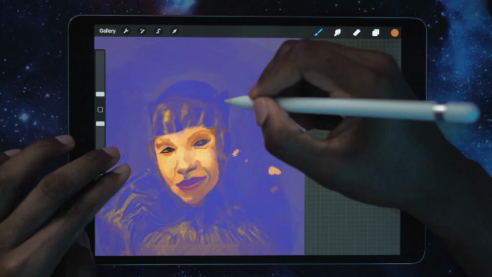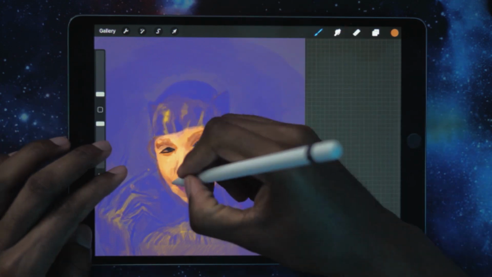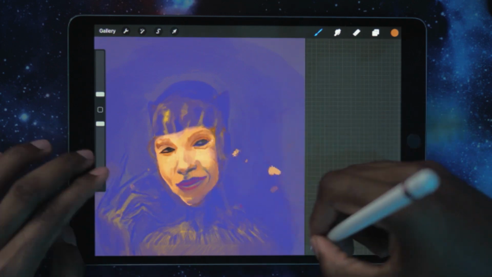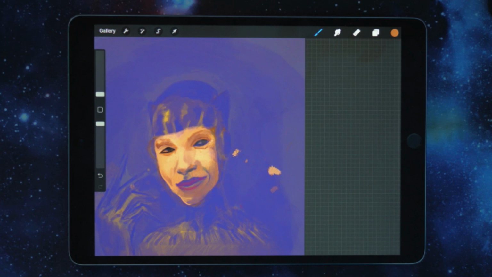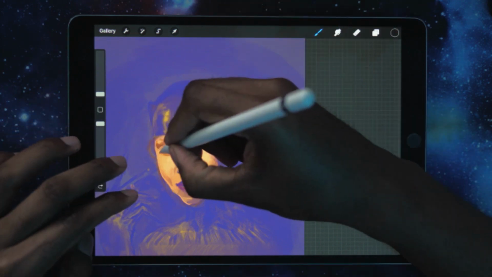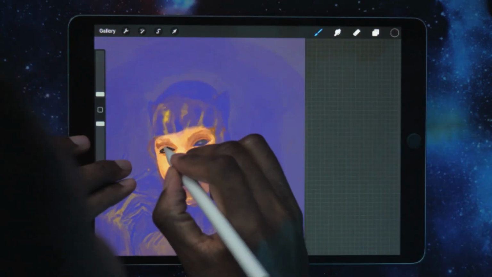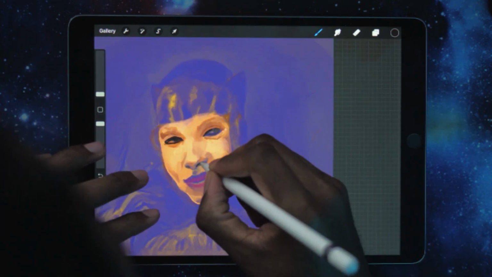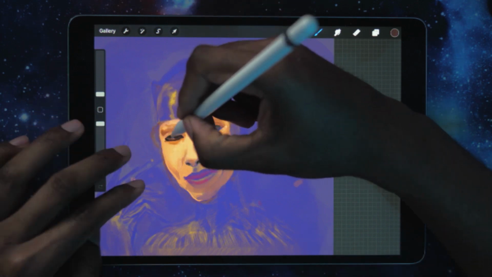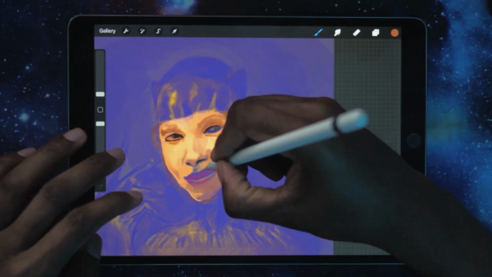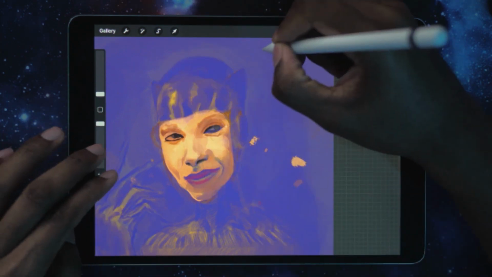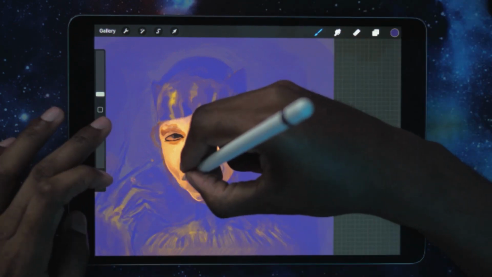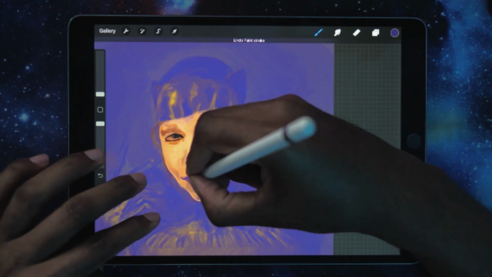I mean, in this case, I'm not Catwoman, but I'm very in tune to what she represents in this little world that I'm creating. Here I'm establishing the darkest darks. I find establishing the darkest darks in the eyes early on